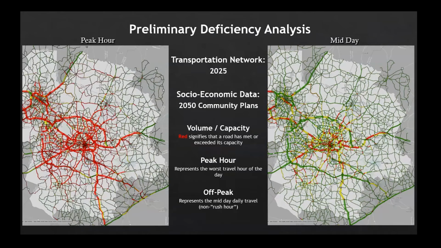So this is our 2025 transportation network. Basically, we're looking at the traffic that would be in place in 2025 if all the projects that we currently have on the books that are under development or under construction right now are completed by 2025, and the land use that we have on the ground is as existing for all the communities in the Triangle. If you go to the next slide,